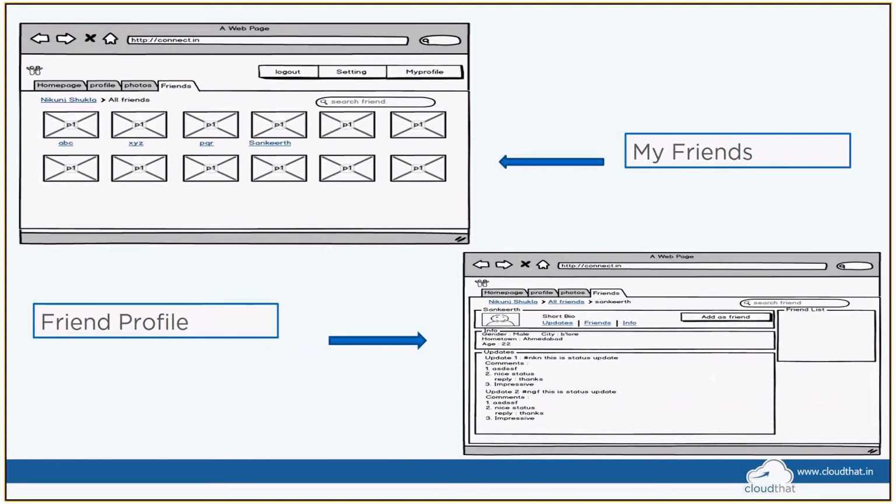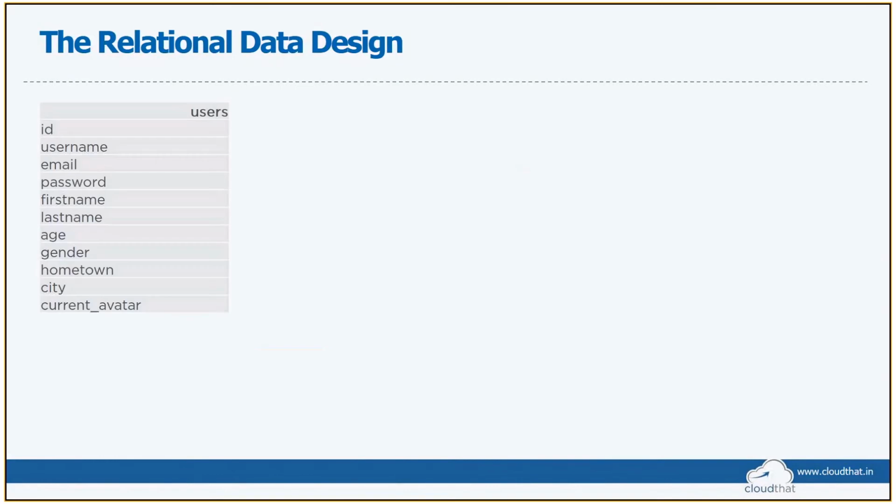Now with that as a scenario, let's look at what kind of tables and columns we would come up with for a relational database. In a relational design, first of course I'll have the users table, which has all the user information, and in the end the current avatar, where I have the location of the avatar, which I might be storing on a disk somewhere. I have friendship information where I'm relating IDs with user ID and friend ID, and of course a friendship ID also, so that I relate two users saying that both are friends with each other.